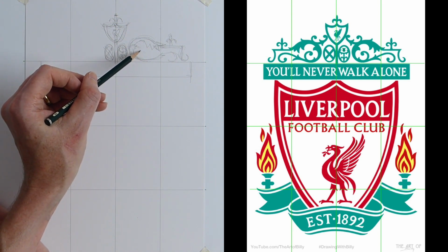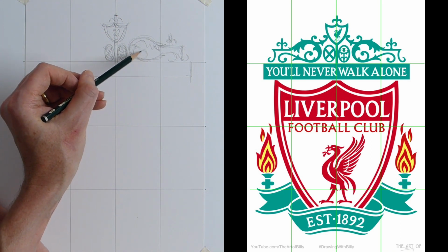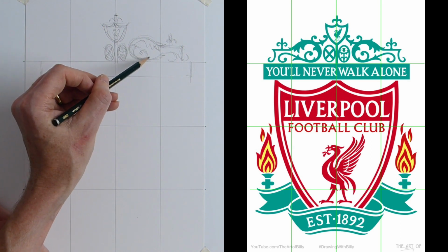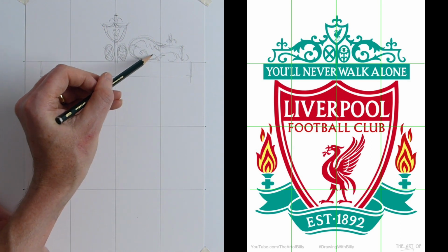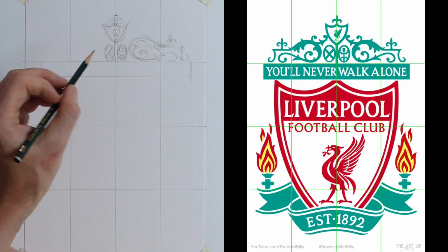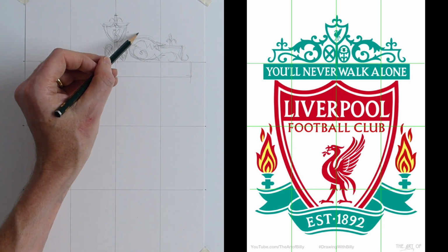Now here you can see we've got a D, the front of a D, and it just curves around and put a little circle on, and then here we've got a little triangle, and that's the basic shapes, and we'll go round and put a more detailed outline down in a bit. Now again, here we've got this U shape,